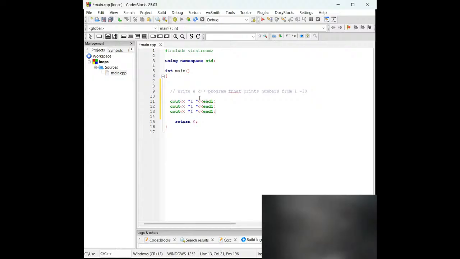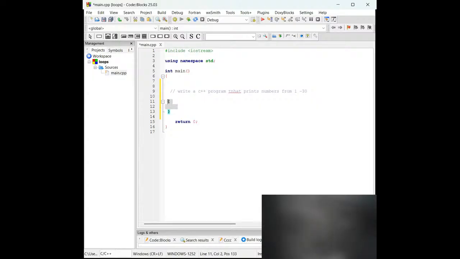Loops basically help simplify this. In this typical example using a while loop, you just have to say while, let's say, a is less than 30, or let's say a is less than 31.